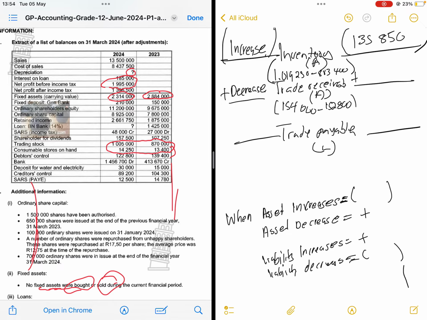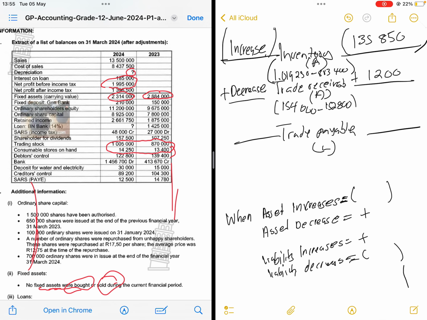The answer is 1,200. Very, very simple. I hope you understand. Coming to the trade payable, you're going to consider creditors control and